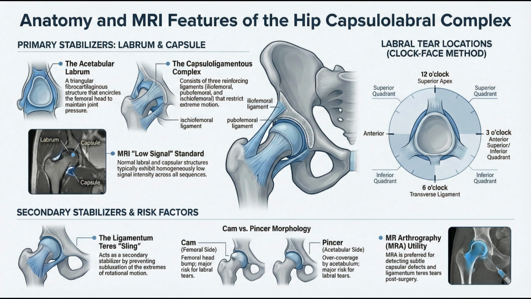Exactly. It creates a flap. And identifying that specific pattern on a scan is crucial because it tells the surgeon, "Hey, this isn't just a random tear, this is structural impingement." If you fix the carpet but don't shave down the bump on the bone, it's just going to peel up